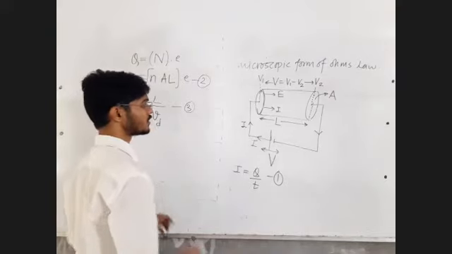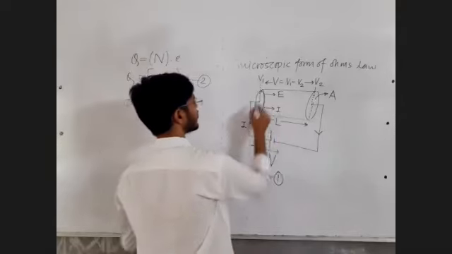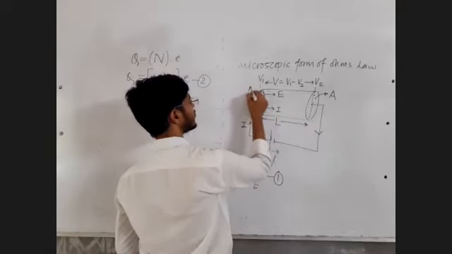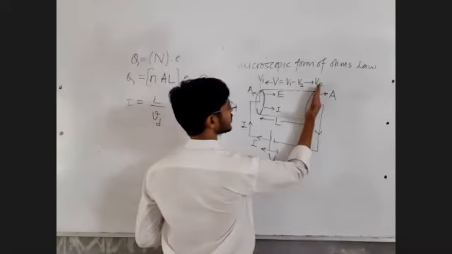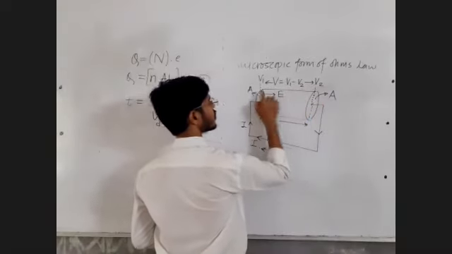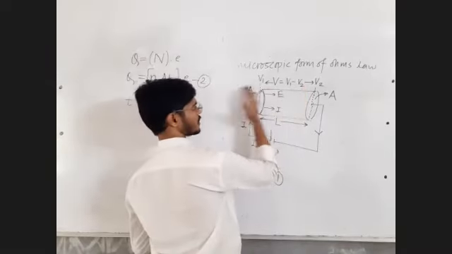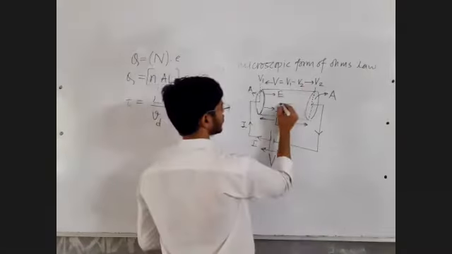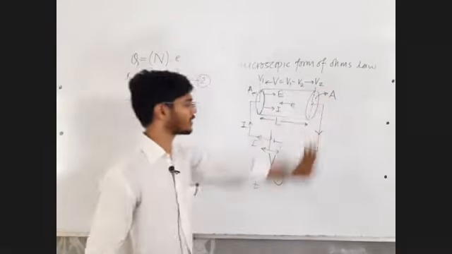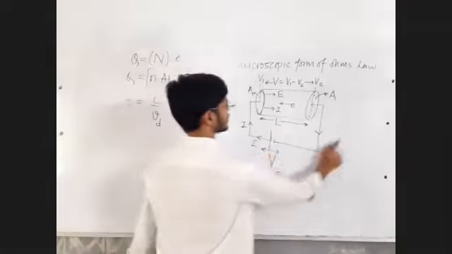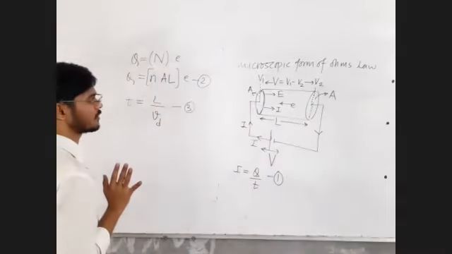Now you will say, sir, electrons are actually moving anti-clockwise. Okay, you can consider the cross-sectional area here, no problem. Now you will say, sir, electrons will be initially here, and all these electrons will cross this cross section. That is also okay, no problem. Same thing. I know that electrons are moving in the leftward direction. I showed it rightward, but that was wrong. Electrons are actually moving leftward, but everything else will remain the same.